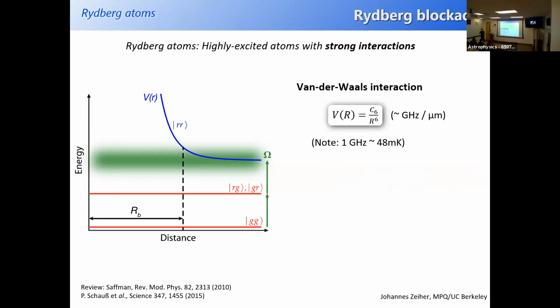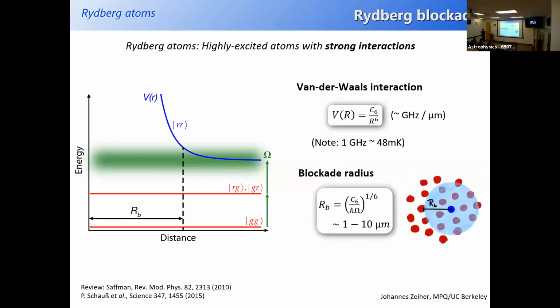And the energy scale associated with that would be the driving strength of that transition. And this interaction is so large that beyond a certain minimal distance, the laser is not strong enough to drive to the doubly excited state because the doubly excited state shifts out of resonance. So in consequence, if you just excite a gas of atoms into a Rydberg state, there's actually an excluded volume, telling you that if you have created one Rydberg atom, you cannot create a second Rydberg atom in the vicinity. So there's a Rydberg blockade effect that is given by the scale of interaction and the driving strength. And its blockade radius is large compared to the interatomic spacing.